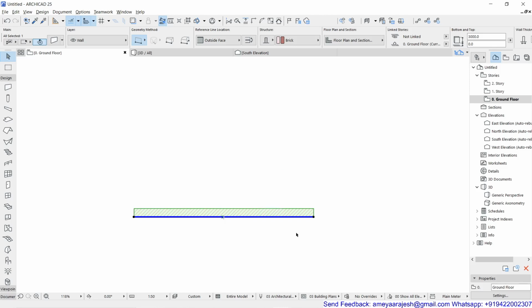You know it very well how we have edited the line segments. On the logic of the same, if I click on the end node of this wall, you will see that there are in the pet palette the standard commands like drag, rotate, move, mirror, or you can elevate or multiply.